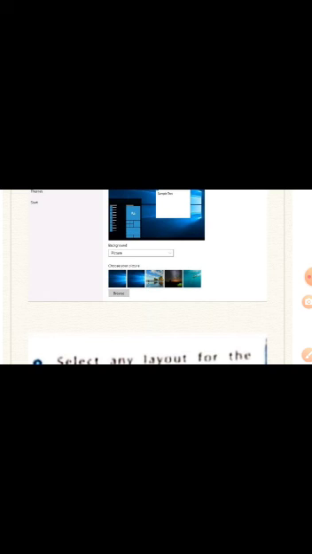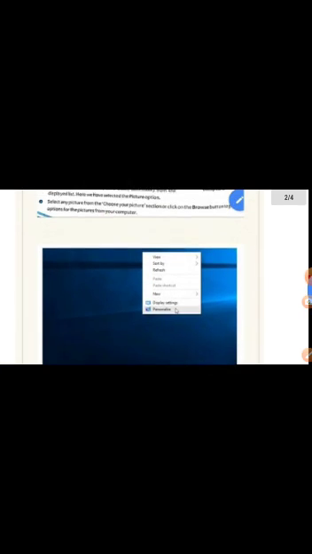If you don't want these and you want your own pictures, which are not given here, and you want to search from the computer, then you have to click on the Browse button, look for your folder, and select the picture from there. Select any picture and then say OK.